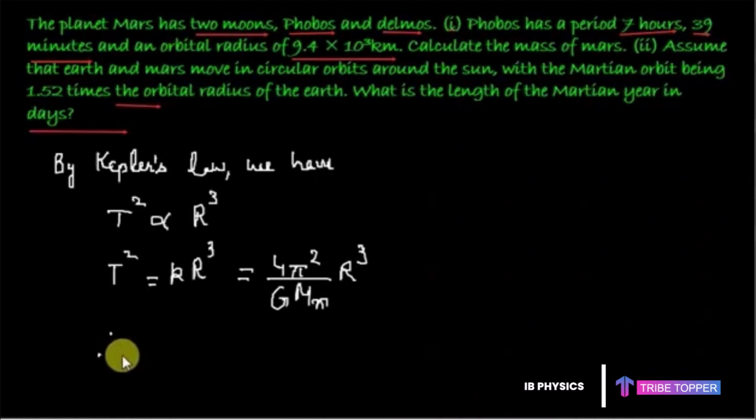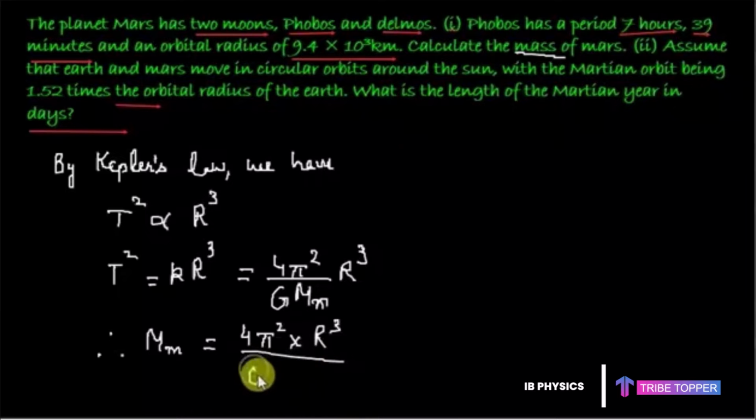Now therefore, since our first part of the question says calculate the mass of the Mars, we'll bring this mass of the Mars to the left side and take the T squared down. So I get M_M equals 4 pi square times r cube upon G into T squared, where we know the value of pi, we know the value of r, which is 9.4 into 10 to the power 3 kilometers, it's given to us, and we also know the value of G, the universal gravitational constant, and the mass of Mars is one we have to calculate, and the time period is 7 hours 39 minutes,